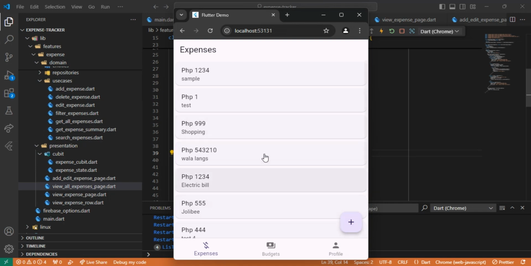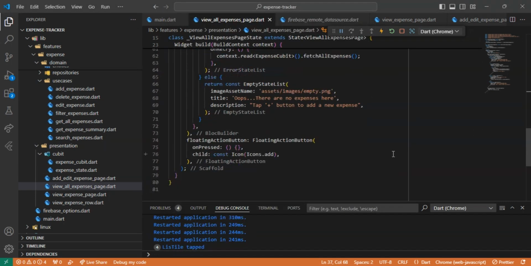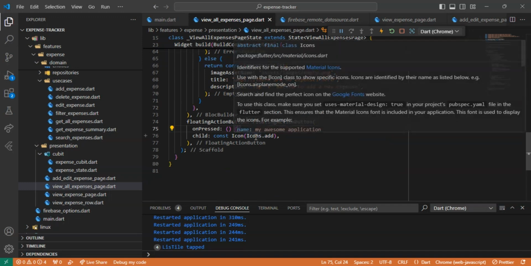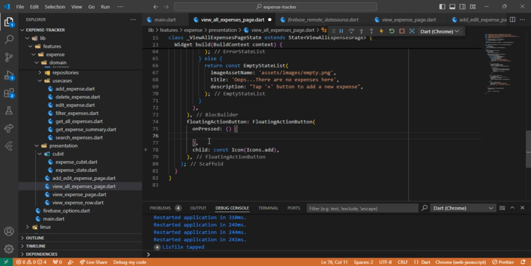And so how do we do that? This floating action button exists within the ViewAllExpenses page, and you can see that right here, and it has no action yet. We haven't indicated any instructions here in line 76. So we're going to create an instruction right here. And what is the instruction for this part? We're going to navigate,